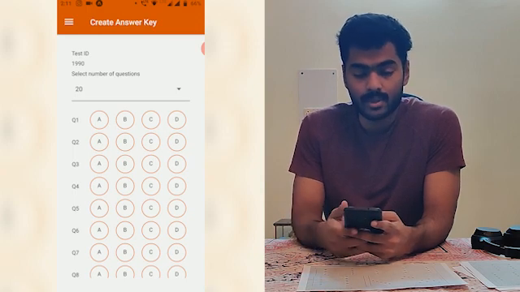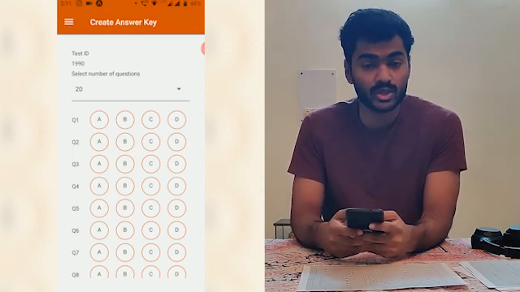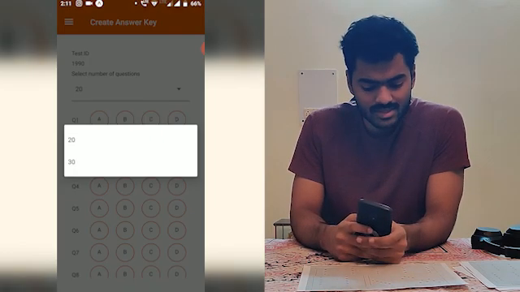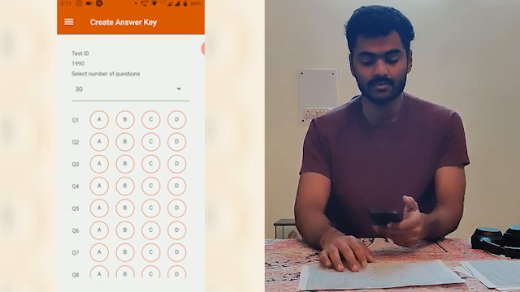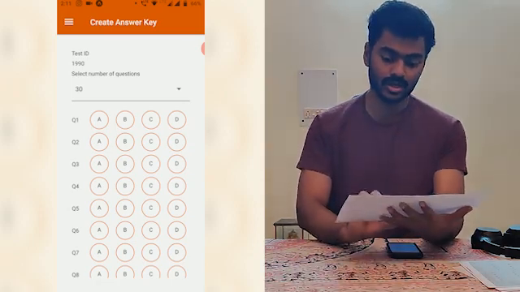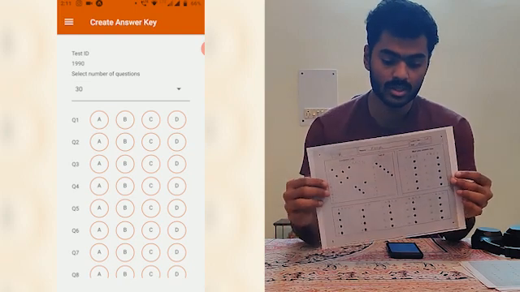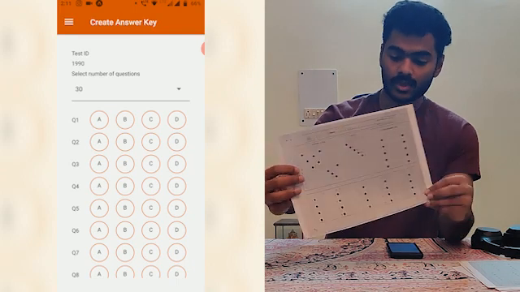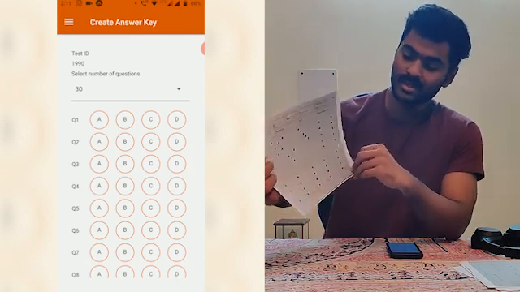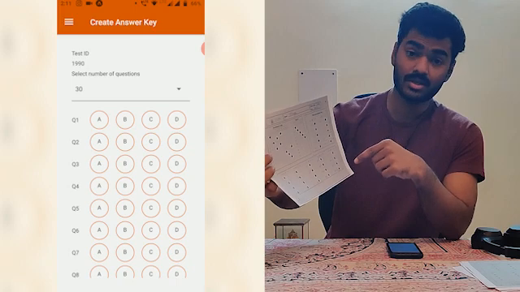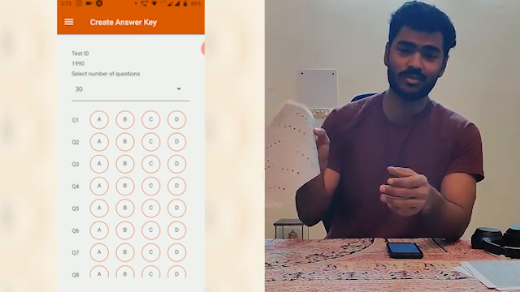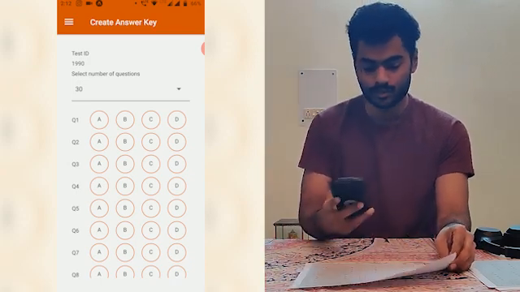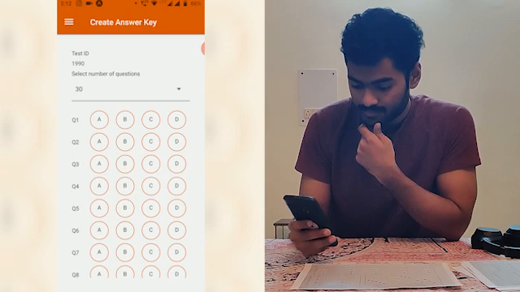And the app asks you to fill the number of questions involved in the test ID that is created, that is the 1990 here. So let's say we have 30 questions, and I have some sample OMRs right in front of me, and let's take this one. So I've printed out these OMR sheets from the sample link. So let me create the exact same test ID answer key so that this question paper should be getting the full answers, full marks, I guess. So let me fill all of these.